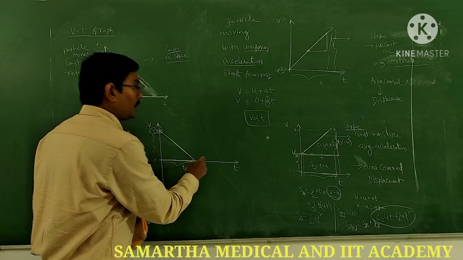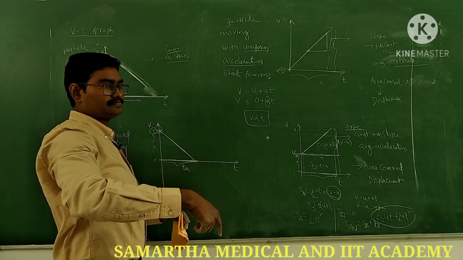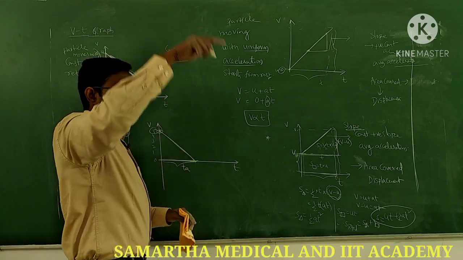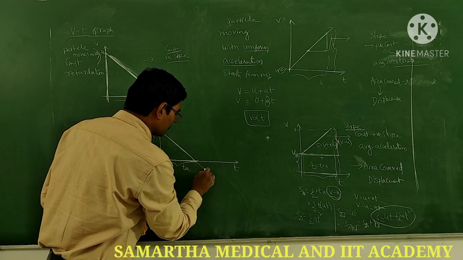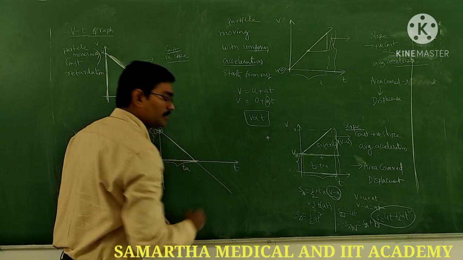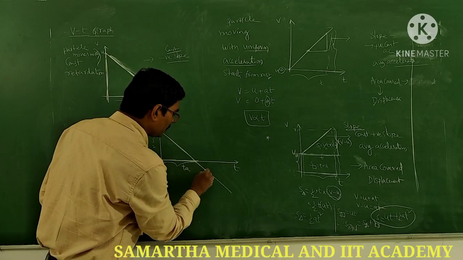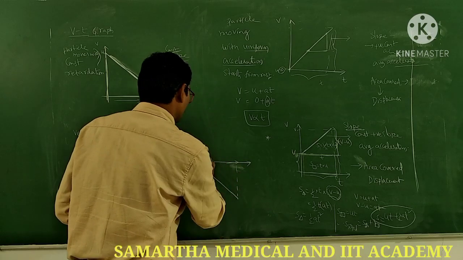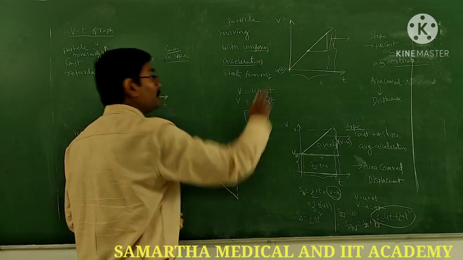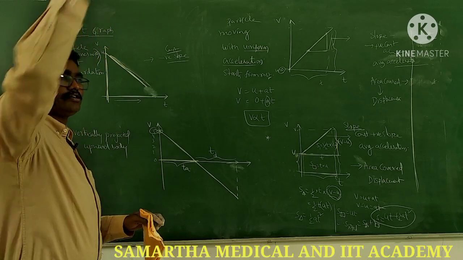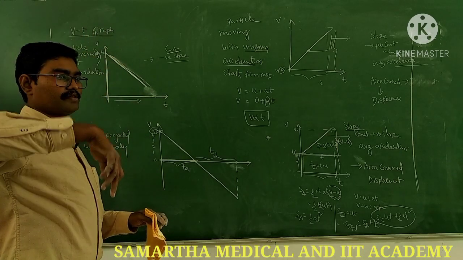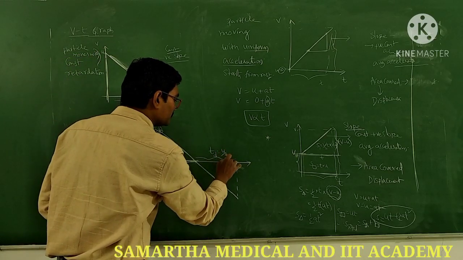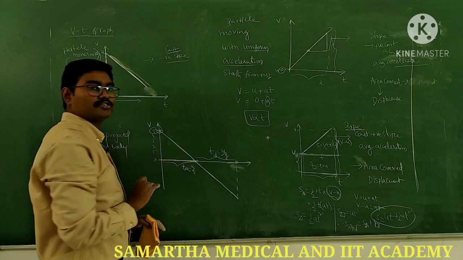Then what happens after reaching the top point? It again returns back, so velocity becomes negative, but increasing in magnitude. Now it is coming down like this as time increases, going along a straight line. This time is the time of descent, the time taken to reach from the top point to the ground for a vertically projected body. The time of descent is also u by g. This is u by g, and even this is also u by g.